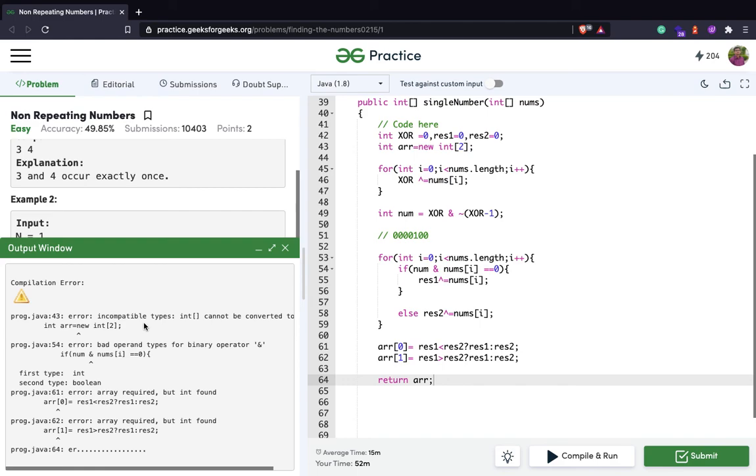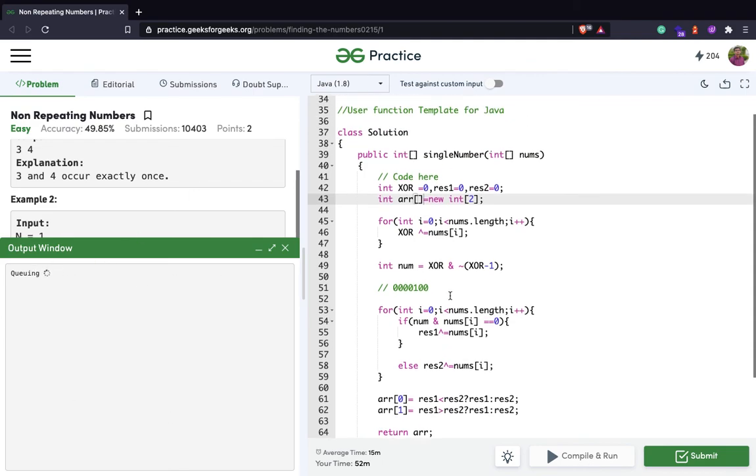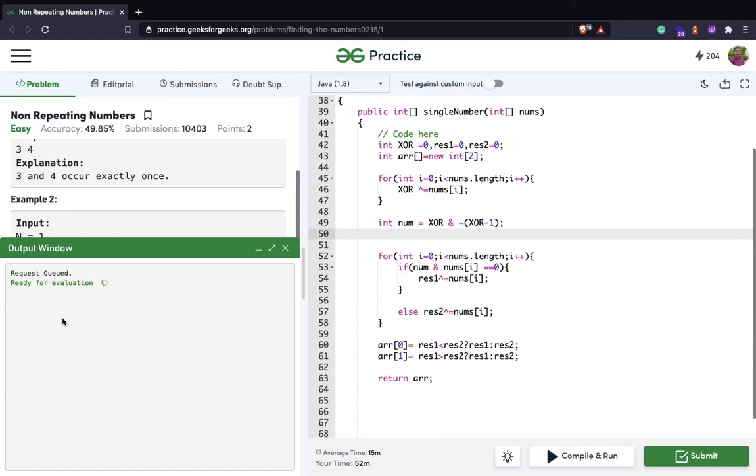Incompatible types. Oh, I forgot the square brackets. What's the problem? Bad operand types.